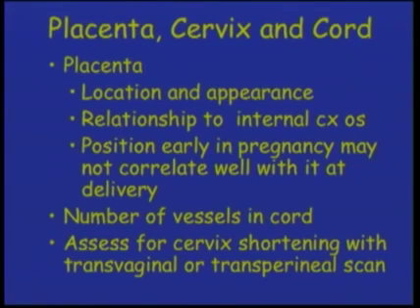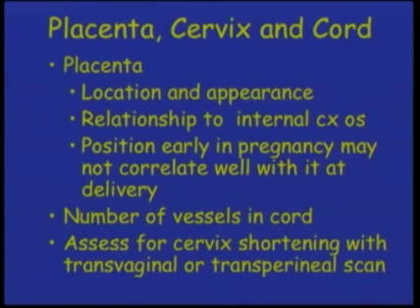The placenta, cervix, and cord also need to be evaluated. We need to state where the placenta is and the appearance of it, its relationship to the internal cervical os. And also we note that the position early in pregnancy may not correlate very well with what will be late in pregnancy, because as the uterus grows and enlarges during gestation, that placenta often moves up and out of the lower uterine segment as it stretches, and what early on looks like a placenta previa later on will not be at all. So anytime we see an early diagnosis of possible placenta previa, we want to bring them back at